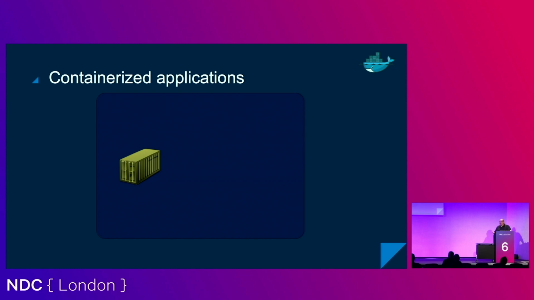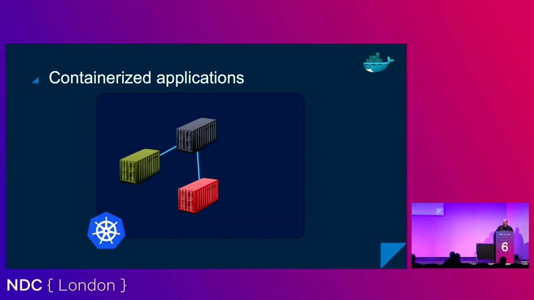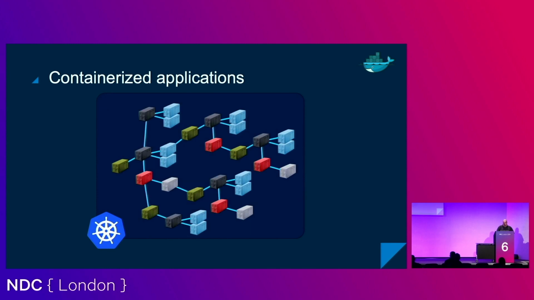So what we see often during the last couple of years is that containerization is obviously very important and very popular. So people start using containerization. They build a container. It's not business critical yet. It's some workload that they want to containerize. And then they want to do more. It tastes like more. So they get another container, and these containers start communicating with each other. And then before you know it, you need something like an orchestrator. Well, Kubernetes obviously is one of the more popular orchestrators out there, so that's what I'm going to focus on in this talk. But as time progresses, more and more containers come in, and you get pictures like this,